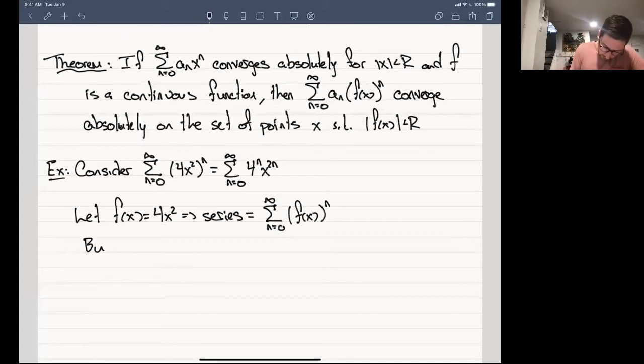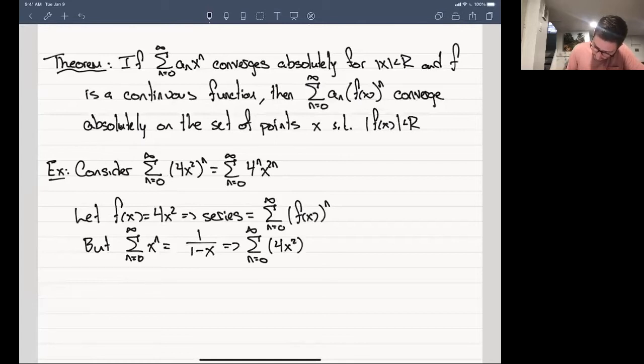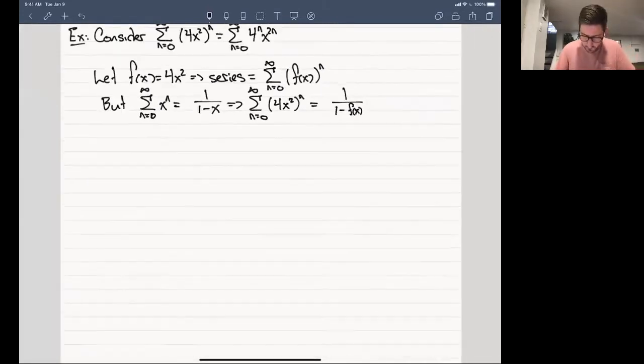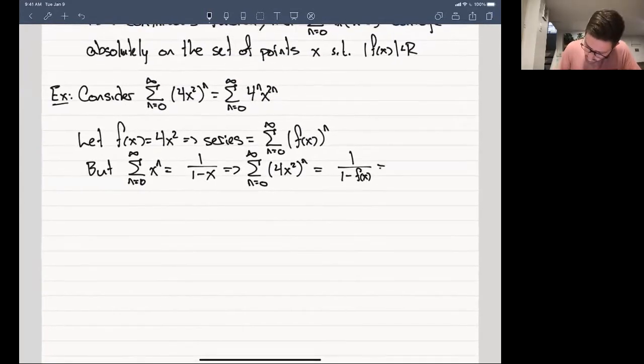But we know that this sum of all of the x to the n is 1 over 1 minus x, right? And so this tells me that my sum from n equals 0 to infinity of 4x squared to the n is equal to 1 over 1 minus f of x, which is equal to 1 over 1 minus 4x squared. And it converges